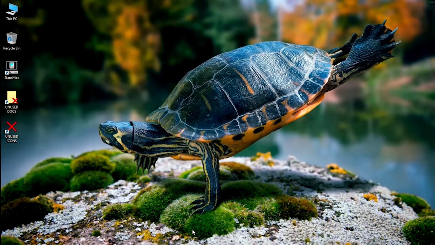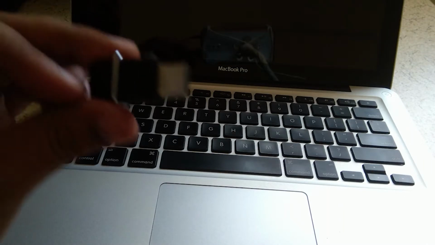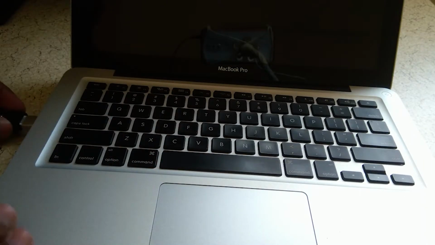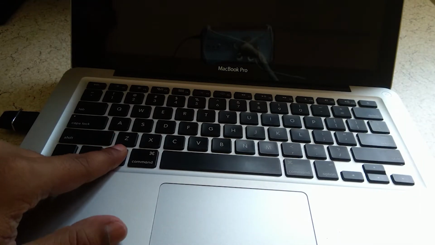Let's move forward to our MacBook. Now I will show you how to boot from USB. Plug in the USB flash drive which we created earlier from the Windows 10 desktop PC. Just plug it into your Mac. Now on your Mac, press and release the power button while holding the Alt Option key on your keyboard. Please keep holding it until the boot drive appears. These are the boot devices, and this is how you can boot from a bootable USB flash drive.